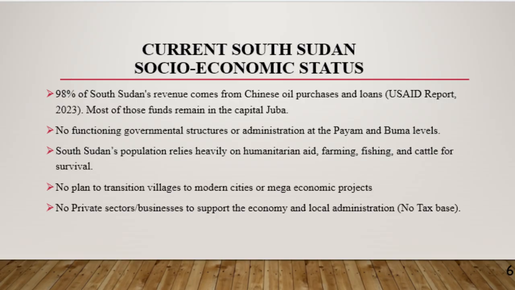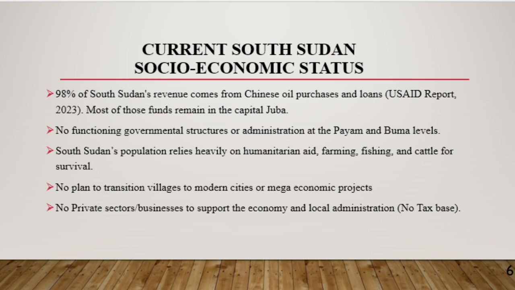So if we look at it, the current economic situation is 98% of South Sudan revenue comes from Chinese oil purchases, so the oil industry, and international loans. So, most of these remain in the central area,